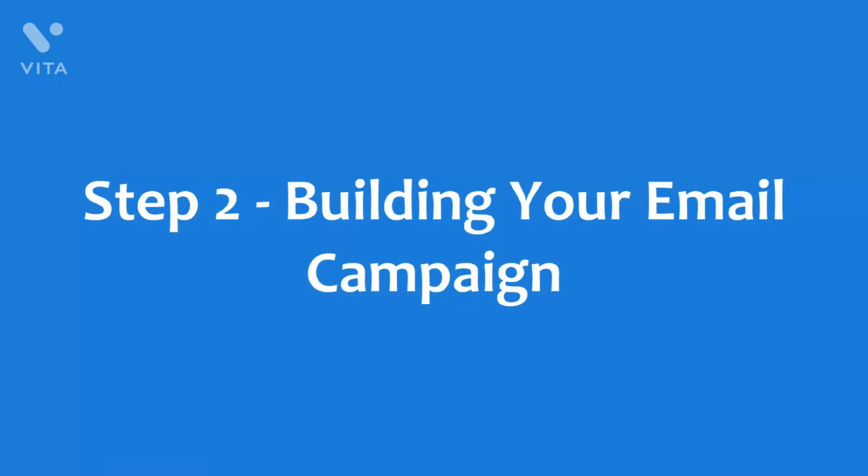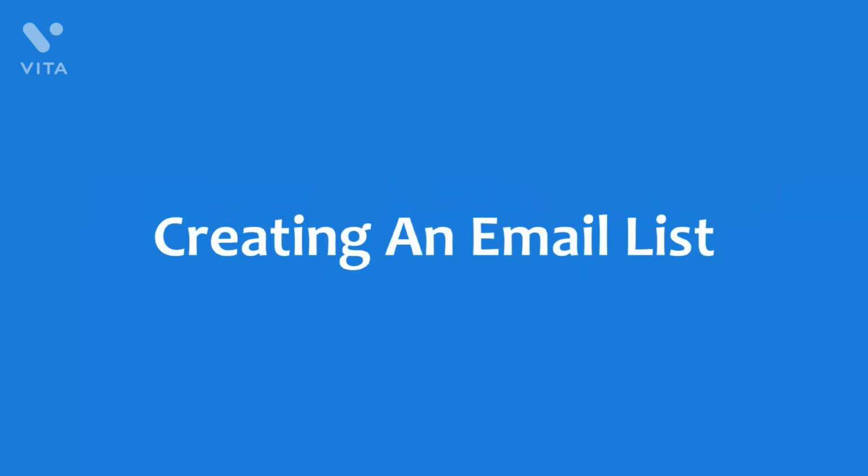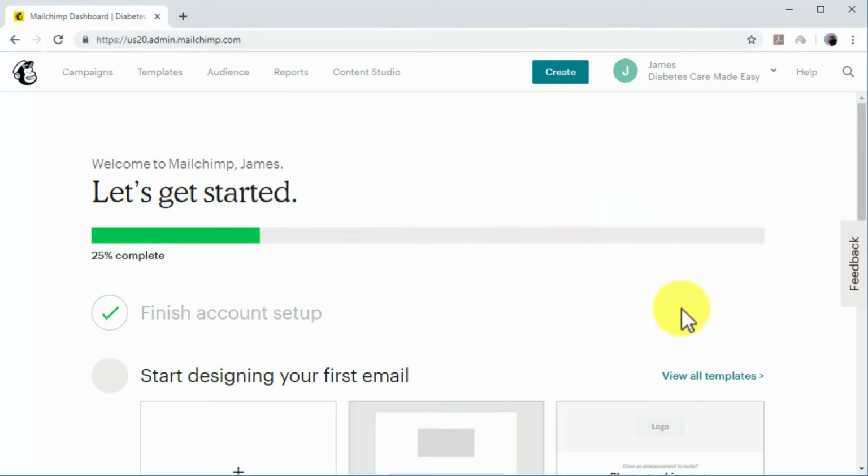Building your email campaign. Creating an email list. You need to create an email list to collect the email addresses of people to sign up to your mailing list. An email list is simply a database that connects to your sign-up forms. When a lead enters their email address into the sign-up form, it is saved to your email list. The easiest way to create an email list is with an email marketing service. In this example, we'll use MailChimp to show you how to create an email list the easy way in very